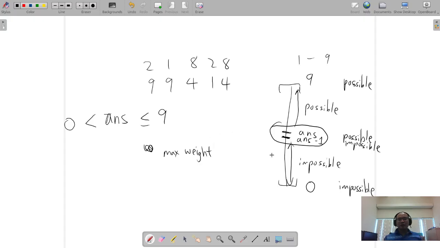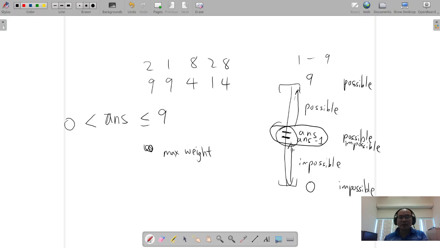Now, whenever we have this situation where in this range of possible answers, from 0 all the way to the maximum weight that you're given, and you have this exact behavior where on one side it is one type of answer, whether it's yes or no, doesn't matter, and then there's a change, and then it's the other type of answers, and you're trying to identify exactly when it changes, you can use binary search,